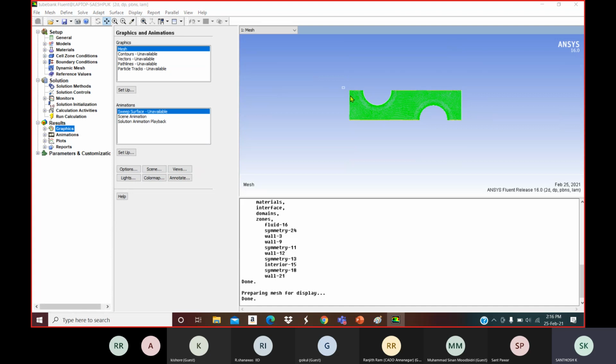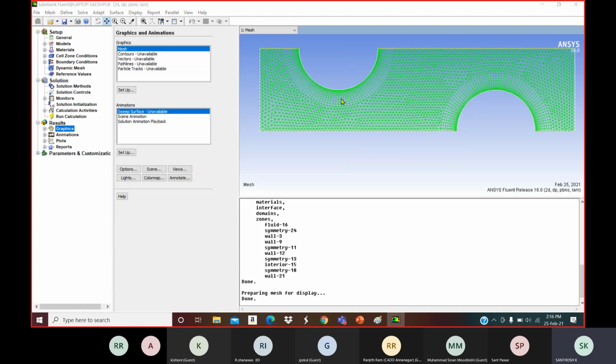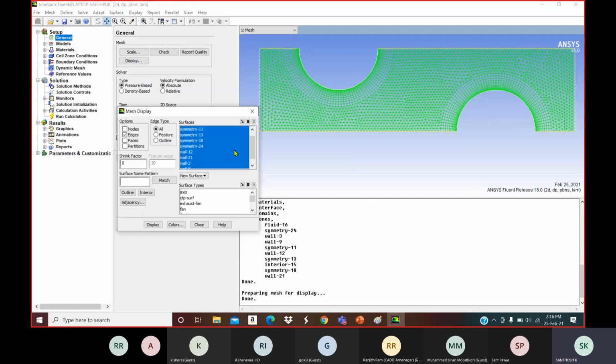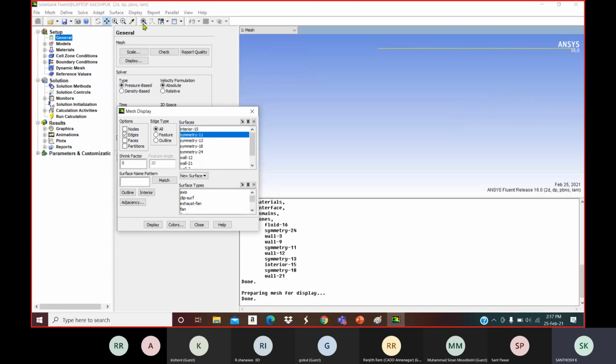Now what I'm going to do is, these names have their particular ID now. For every name they have some particular ID. So go for display, you can see their names. Okay, all no, you can undo this symmetry 11. The top portion is symmetry 11 and symmetry 13. Why I'm making you understand is because using these names itself, I'm going to give